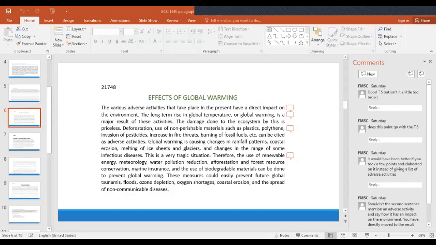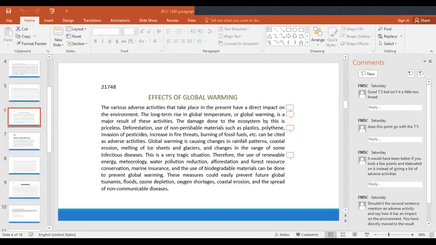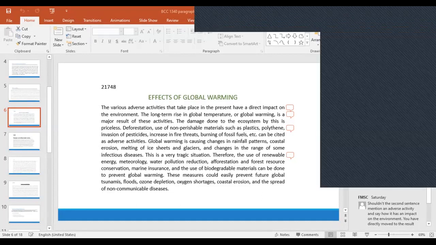When I look at your topic sentence, what I felt was that it's a good topic sentence, but I feel that it's a little too broad, right? Since the information you have included in the topic sentence is too broad, it's going to be a little difficult for you to explain all this within one paragraph. So perhaps you can narrow down your topic sentence a little more, and then it might help you in writing this paragraph.